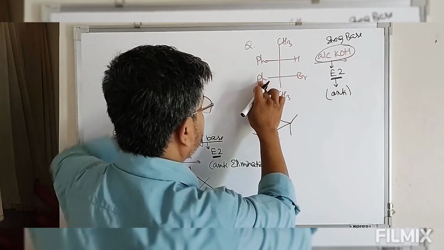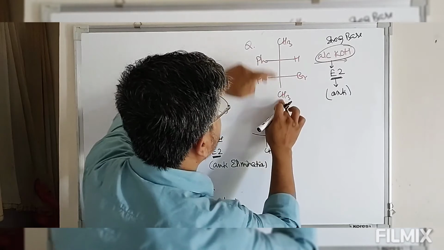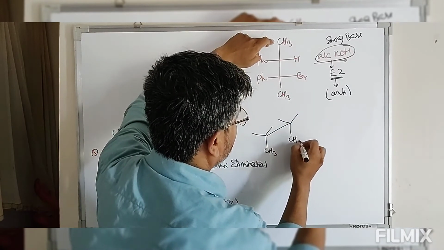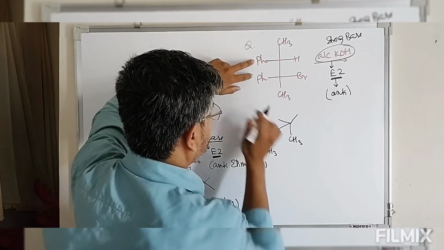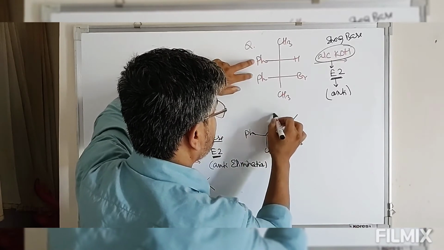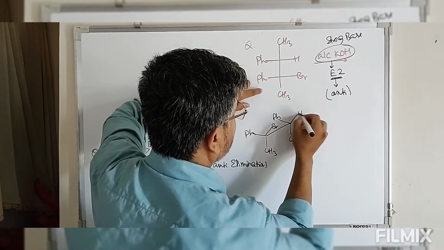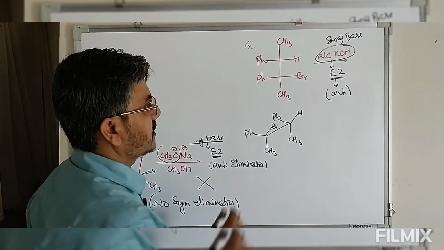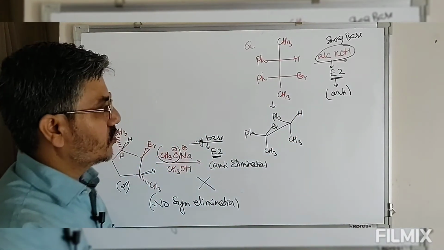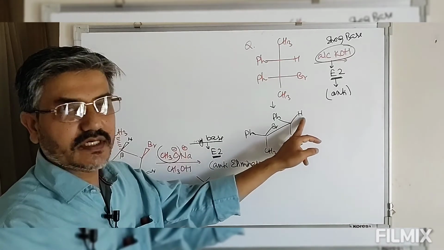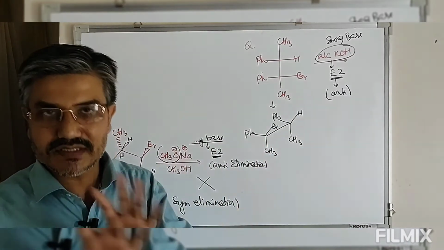So let this be pH. So this is CH. यहाँ से शुरू करता हूँ. So we have this CH and this CH. This is eclipsing. pH is on the right hand side, left hand side. So let it be right hand side. This is pH. Then we have Br. This is H. Now look at this. ये वाला फॉर्म है. तो bromine hydrogen eclipsing, methyl eclipsing, pH eclipsing, so no elimination takes place.